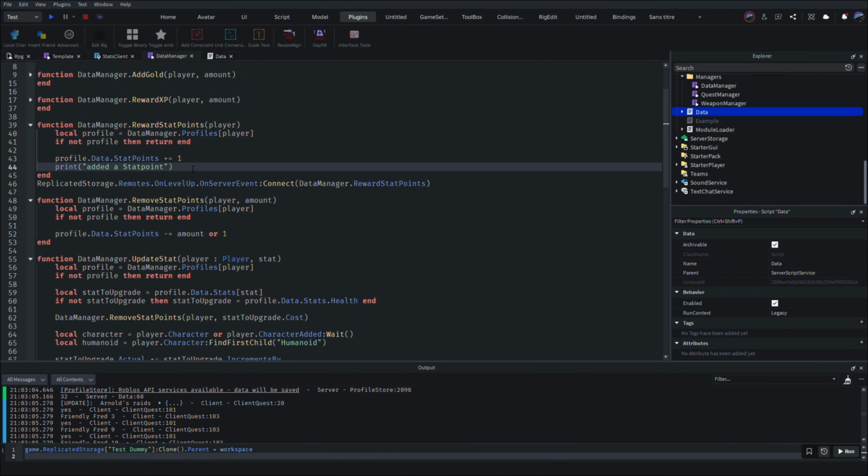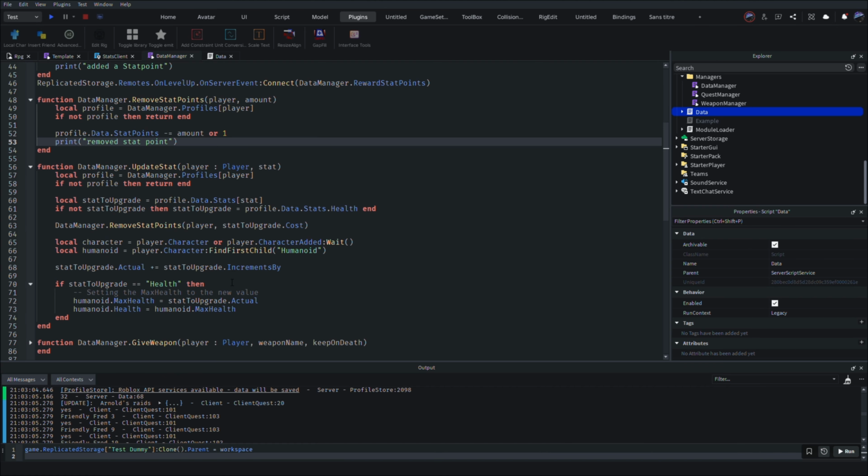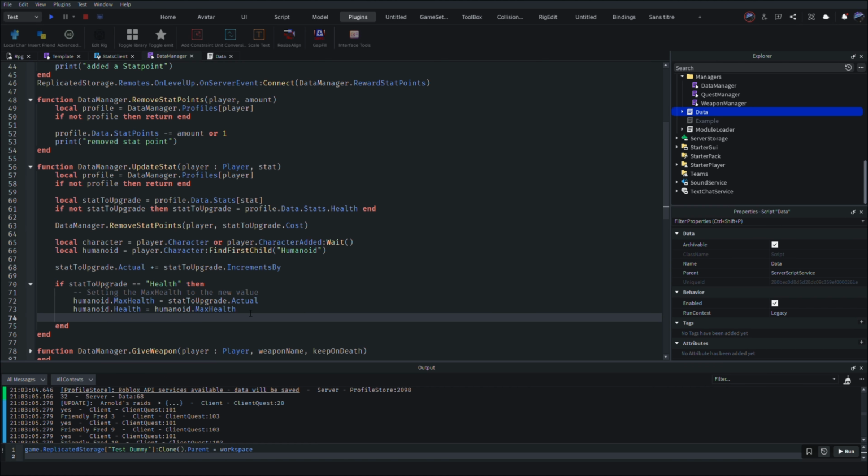Alright, so now that I have this, then I guess we can print removed stat point, and inside of here we can print like updated health,